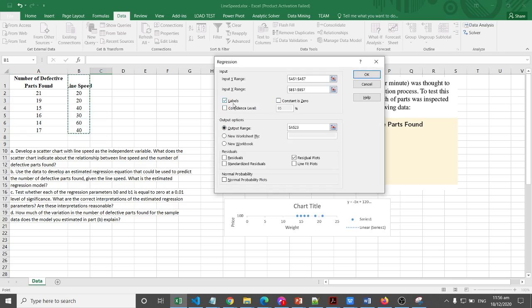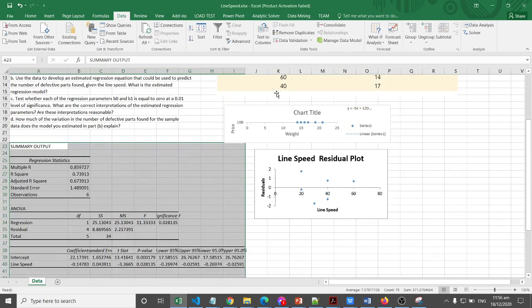Yeah, that's correct. Then we have to check the labels and the residual plots. Then okay.